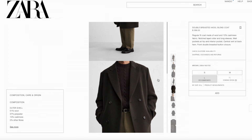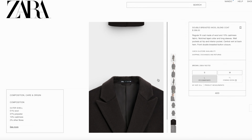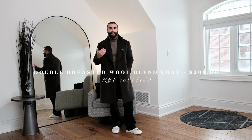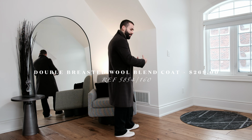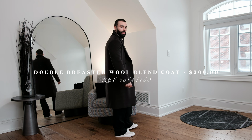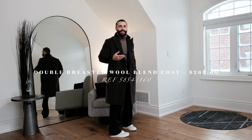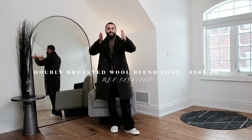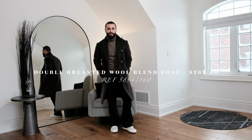Now in the winter time with these coats, you typically want to layer up with a hoodie or a thick turtleneck. Now this is a good size for me, but I could have sized up to a medium because this is a small, and I just feel like it's a little bit tight around my back area because, you know, I work out a lot and I train my back, so it's kind of tight in that area. That's the only downfall when I try and wear these jackets, is because I have such a V taper and my waist is small, so it's hard for me to find coats that fit my physique properly, if